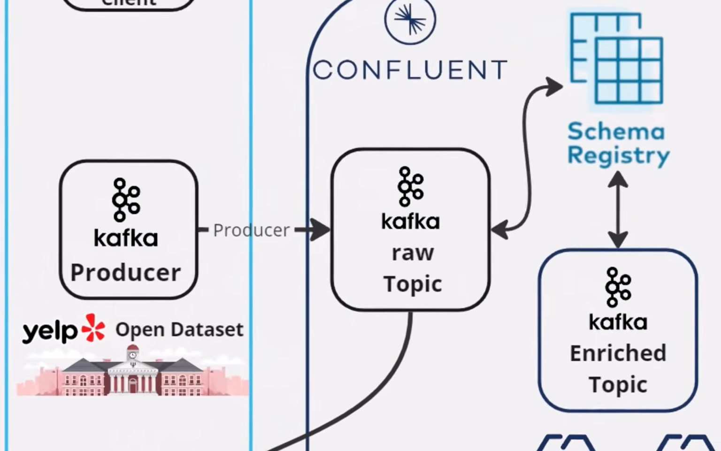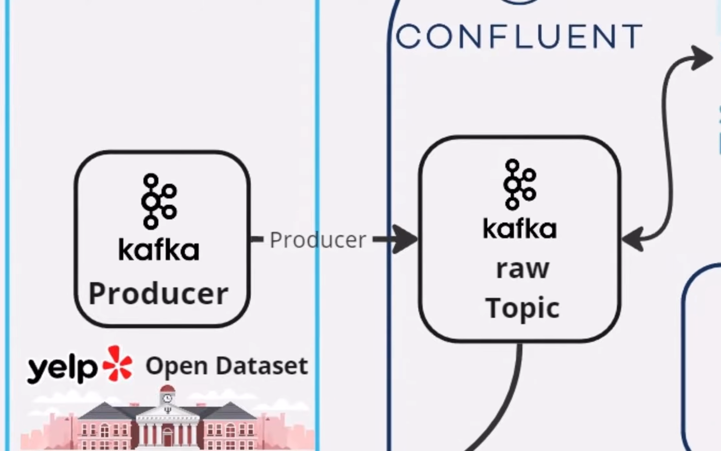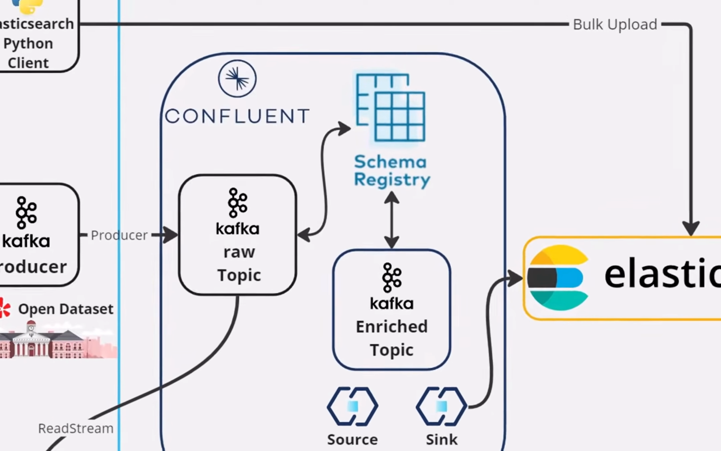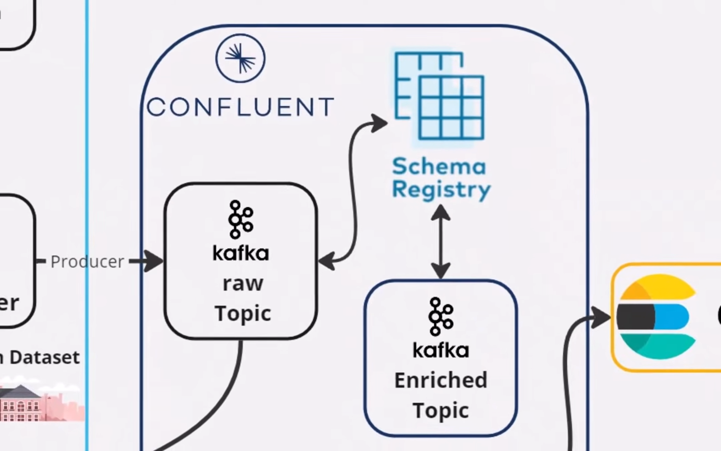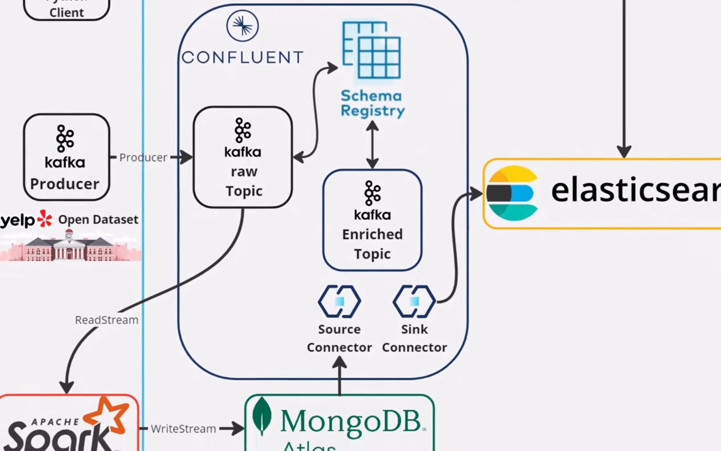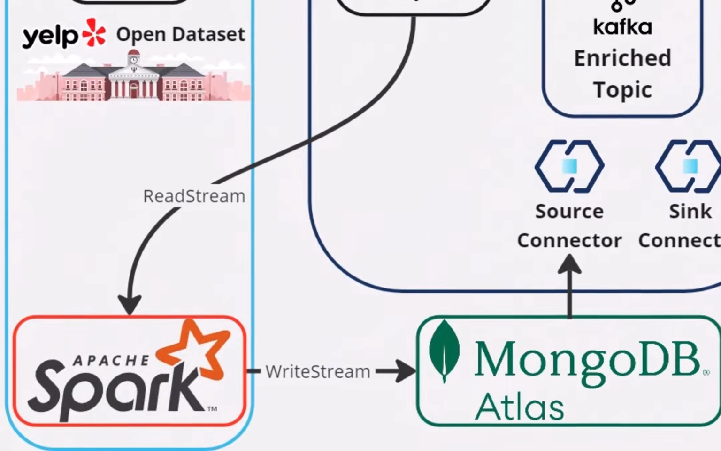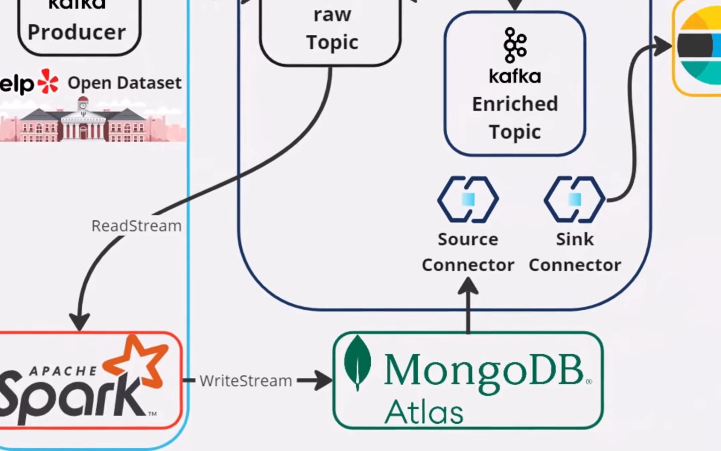This architecture starts with the Kafka producer, which captures live data from the Yelp dataset hosted on Kaggle. The data is ingested into the Confluent Kafka platform, where it's processed and structured. From there, we utilize Apache Spark for data streaming and processing, which feeds the data into MongoDB Atlas for temporary